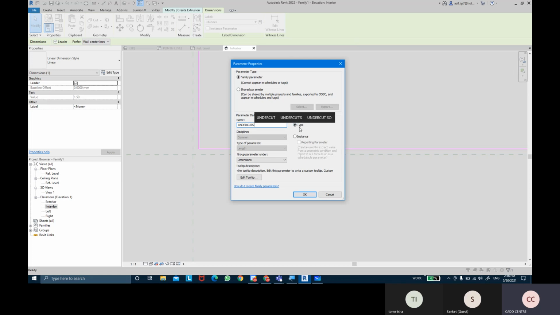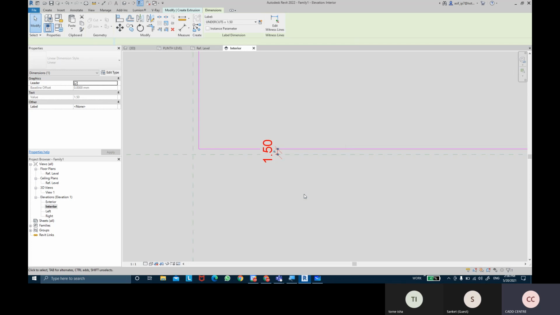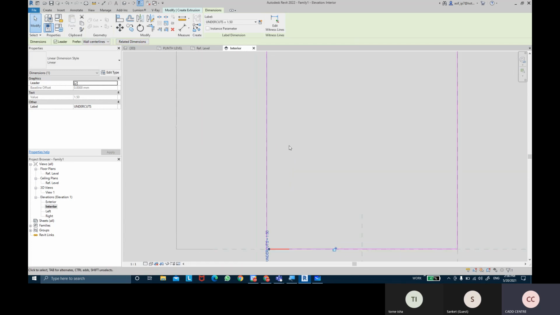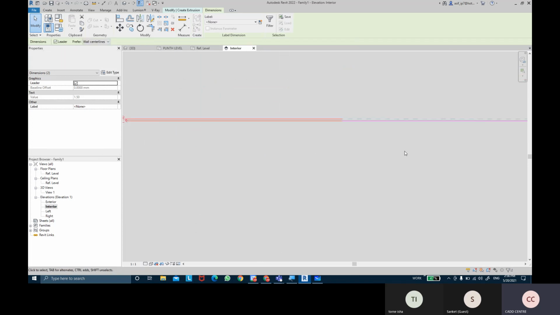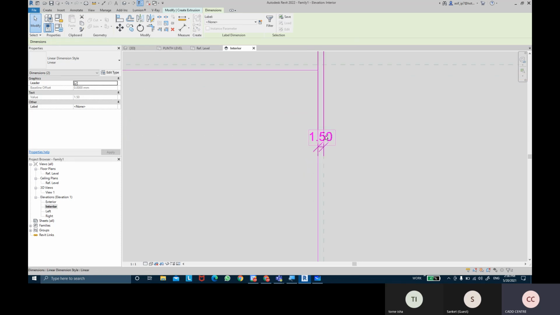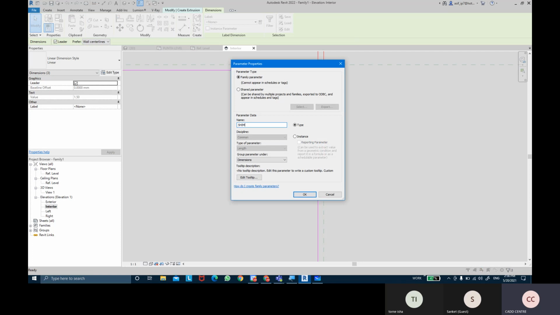This can be a type parameter, and then you can click on OK. So the undercuts is a type parameter. Now I'm going to select the left, top, and the side one, the right one, and label this as shim space.